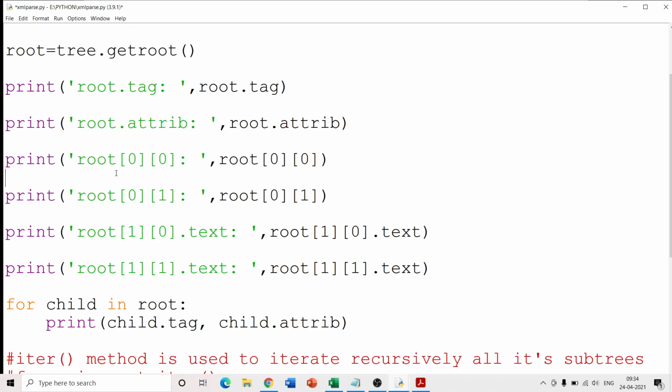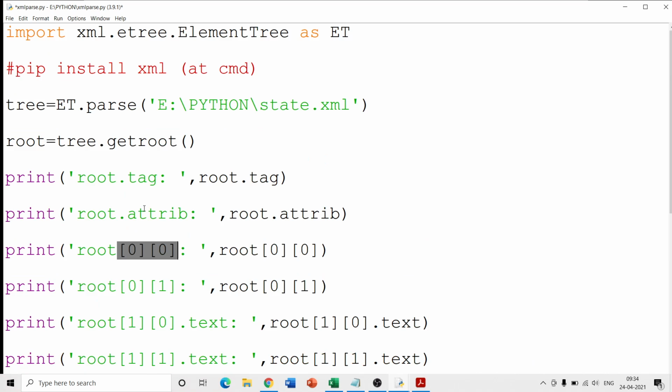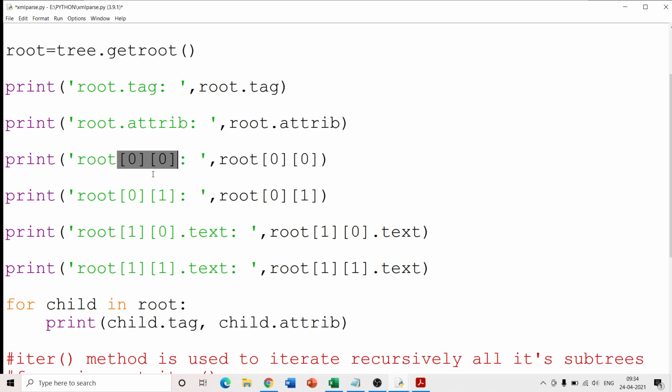Root fetches each and every subtree, so you can access it using the indexing technique of the list. Yes, the data in the root is stored as a list. That is why you can use the indexing technique and get the data.